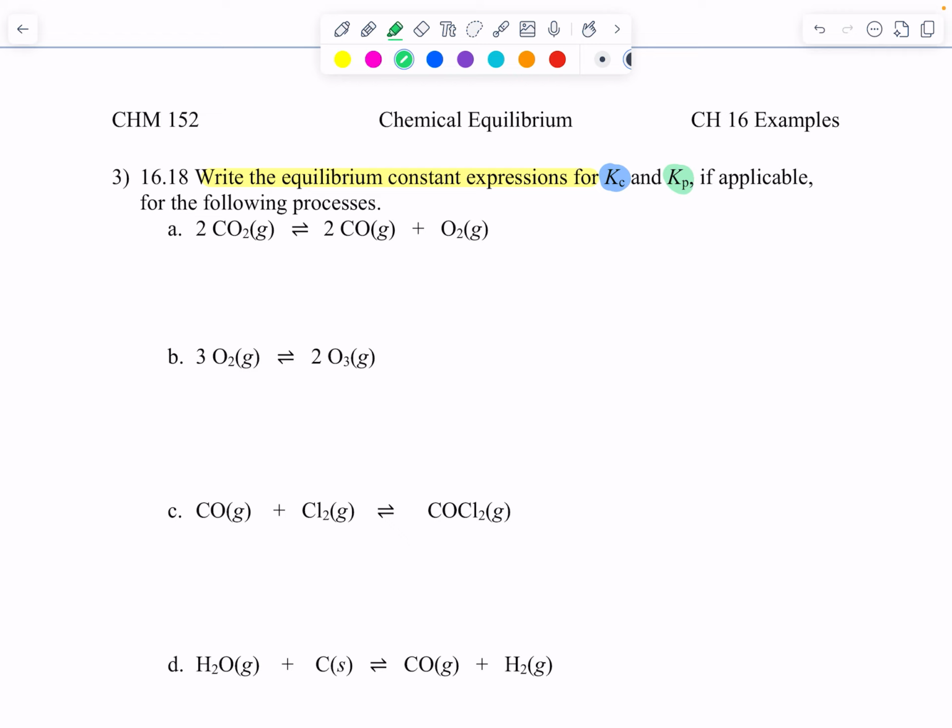Almost everything can be concentration, right? You can almost always have moles per volume, whether it's a gas or a liquid. We don't do solids in the equilibrium constant expression. So if it's aqueous, or even a non-aqueous solution, well, most of the time in Gen Chem 1 and 2, we're going to be aqueous solutions. Pressure, you need gases. So whenever we have these G's, we can do